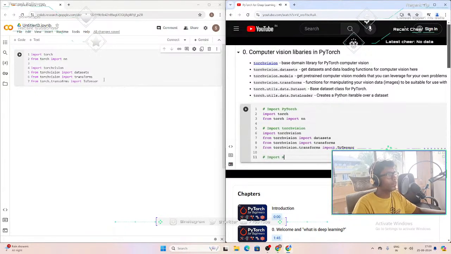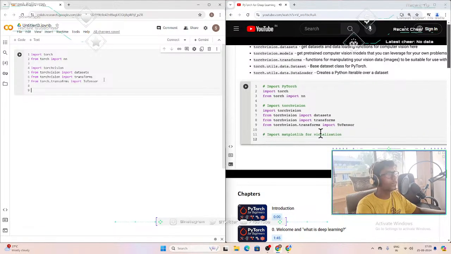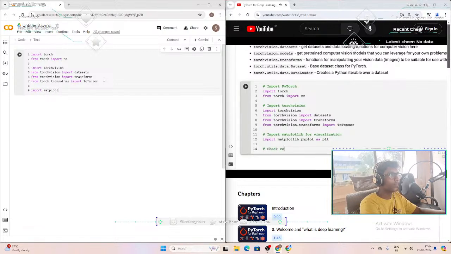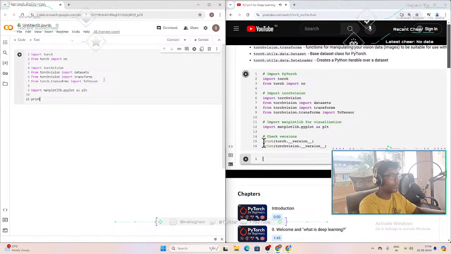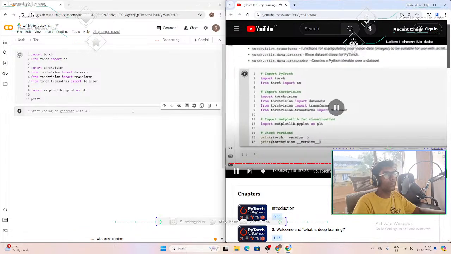When we're getting familiar with our data, matplotlib is going to be fundamental for visualization. Remember the data explorer's motto: visualize, visualize, visualize. Become one with the data. So we're going to import matplotlib.pyplot as plt. And then finally, let's check the versions. So print torch.__version__ and print torchvision.__version__. By the time you watch this, there might be a newer version of each of these modules out. If there are any errors in the code, please let me know. But this is just a bare minimum version that you'll need to complete this section. I believe at the moment,